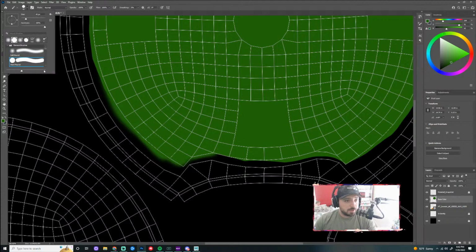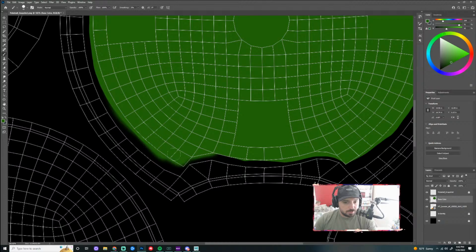So it's probably better to paint with a hard round brush at first around these, just so you don't have any weird fade off. And I try to put a little bit of a pixel bleed on each one.